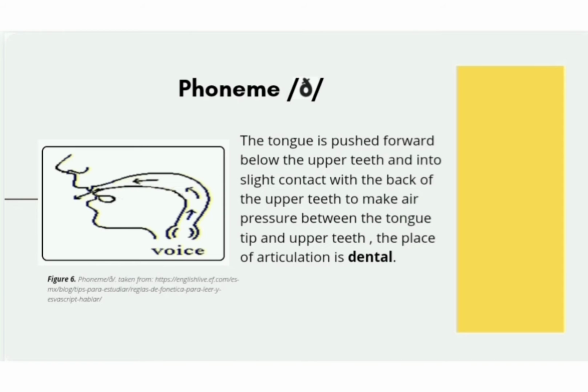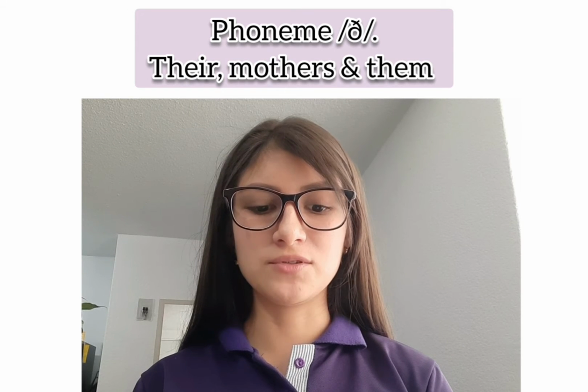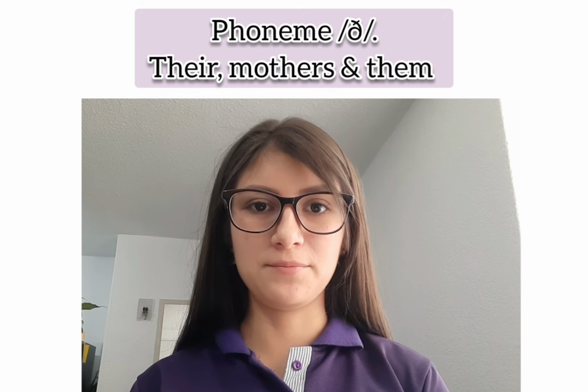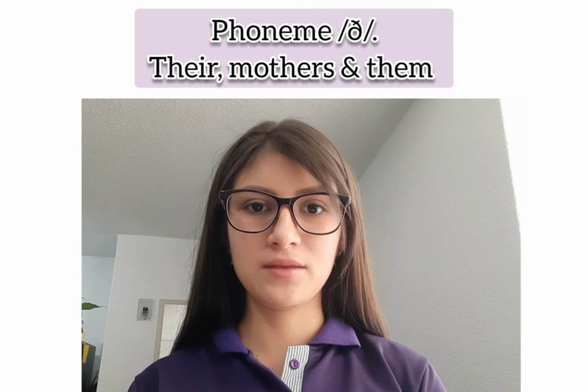The tongue is pushed forward below the upper teeth and into slight contact with the back of the upper teeth to make air pressure between the tongue tip and upper teeth. The place of articulation is dental. This phoneme sounds like /ð/. For example: there, mothers,